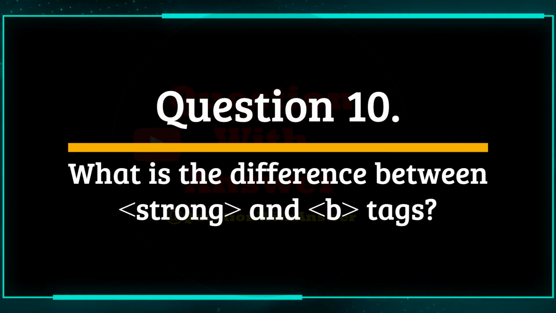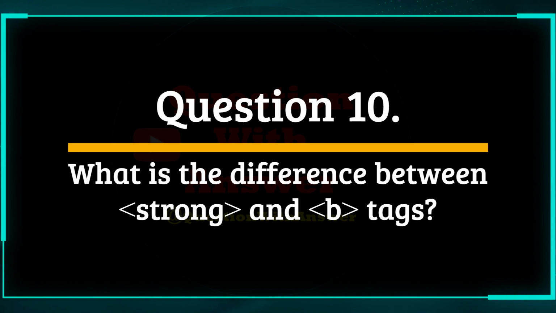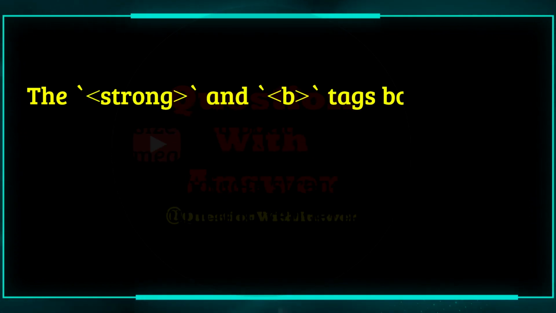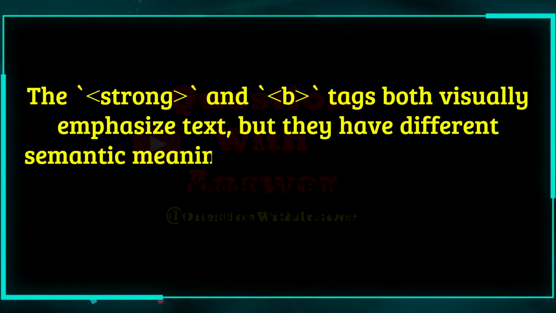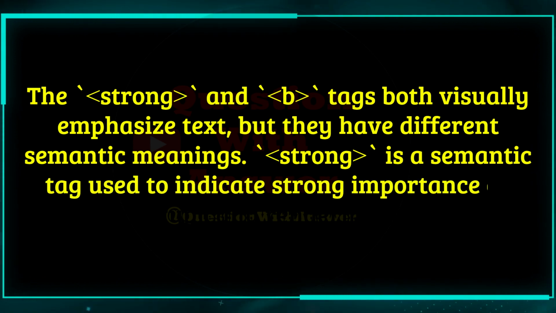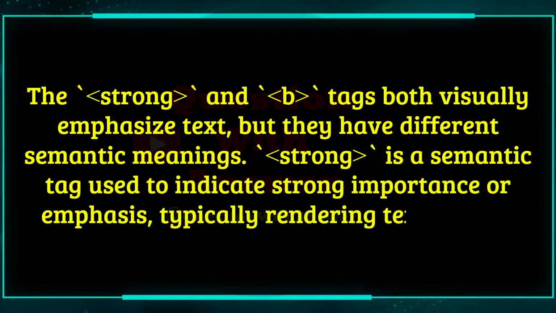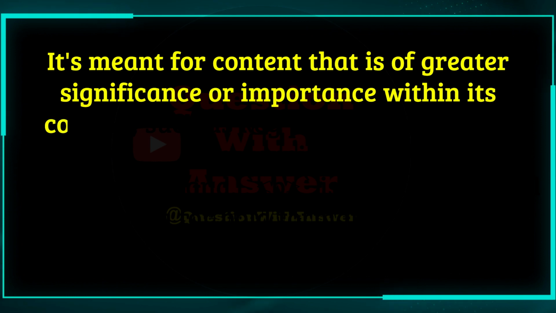Question 10. What is the difference between strong and B tags? Answer. The strong and B tags both visually emphasize text, but they have different semantic meanings. Strong is a semantic tag used to indicate strong importance or emphasis, typically rendering text in bold. It's meant for content that is of greater significance or importance within its context, such as key points in an